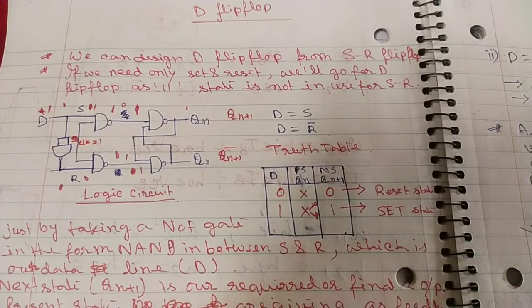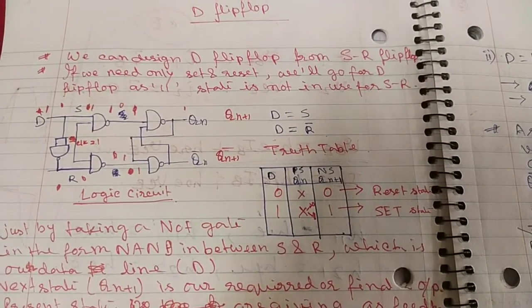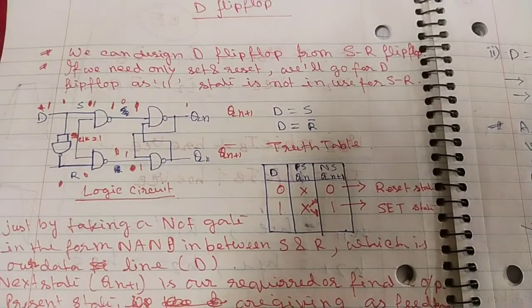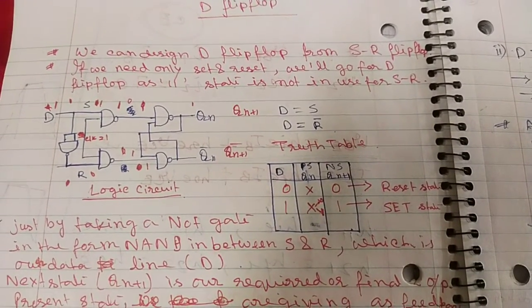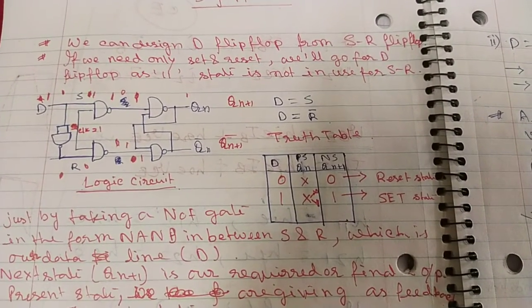When we join the S and R with a NAND gate or with a NOT gate in the form of a NAND gate, then it is a